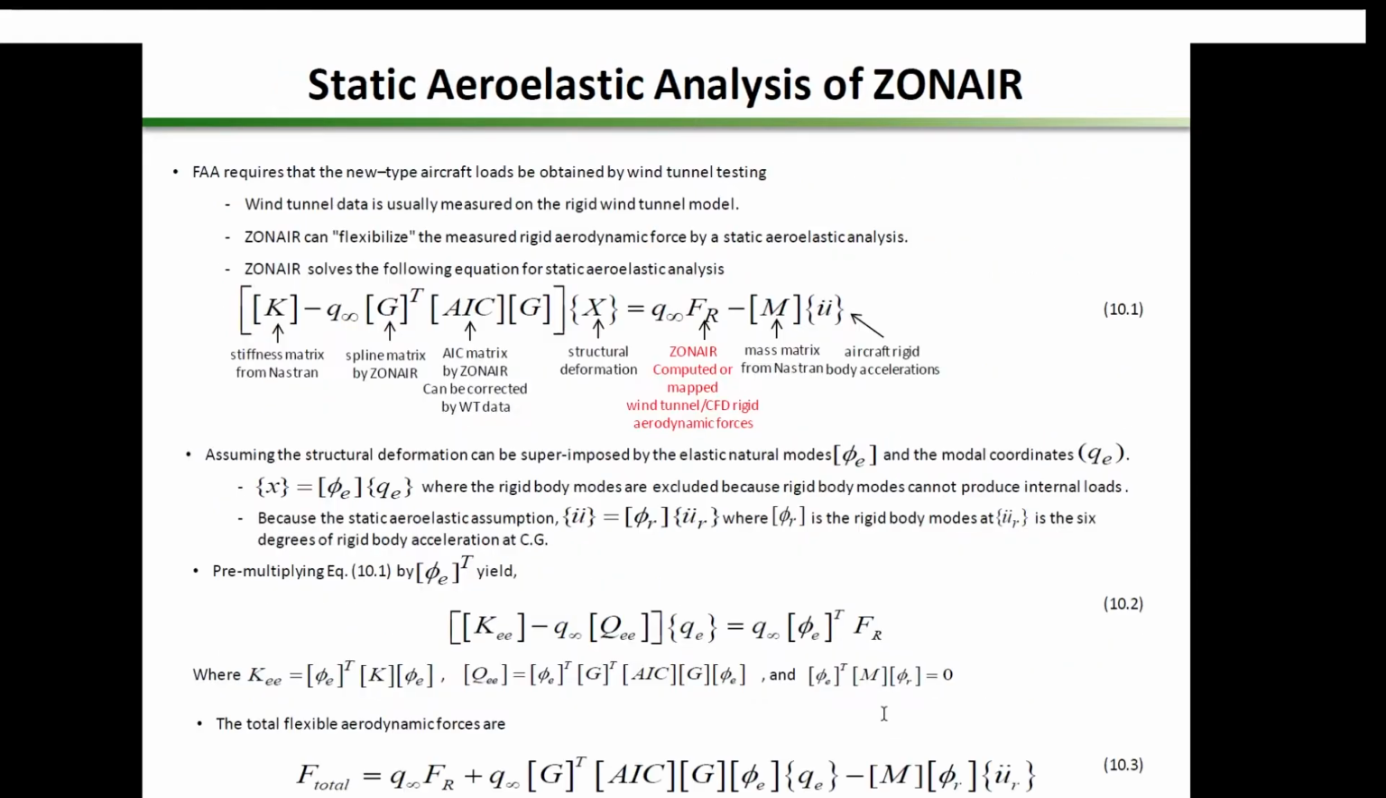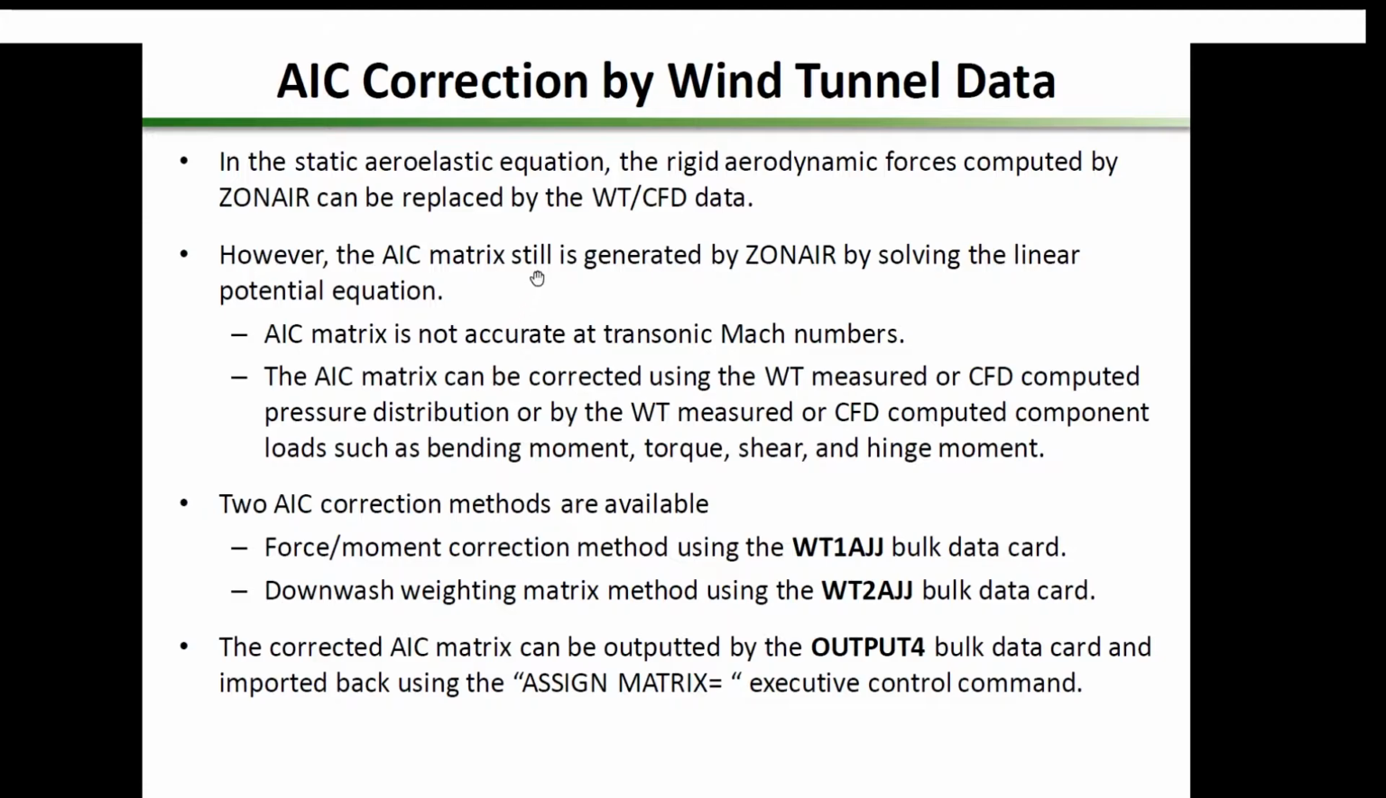And in this equation, this rigid forces can be replaced by the wind tunnel measured or CFD computed forces. However, this AIC is still computed by ZONAIR. So the AIC matrix is not accurate at a transonic Mach number because it is solved by ZONAIR by solving the